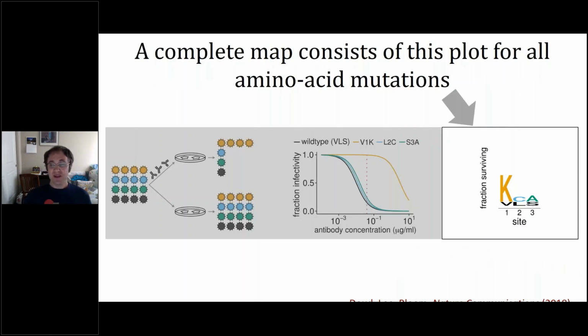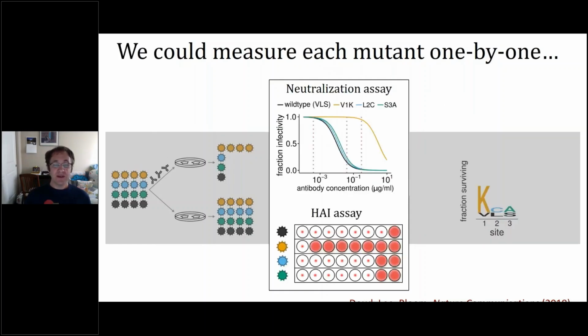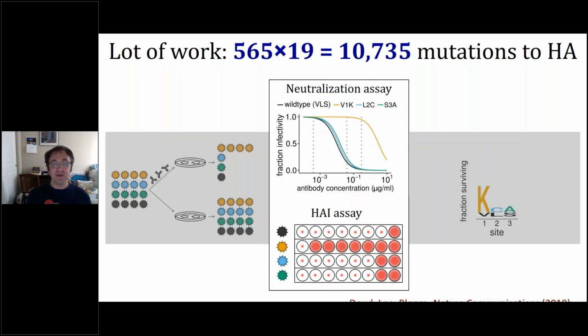So then the next question, if this is what we mean by a complete map of how all mutations affect antibody recognition, is how do we obtain that map? One way that you could imagine doing it is to simply make each of these possible mutants and measure their neutralization curves one by one, or maybe you would use a hemagglutination inhibition assay, which gives at least somewhat similar information. The main downside of doing that is it's a lot of work if you're doing it for all